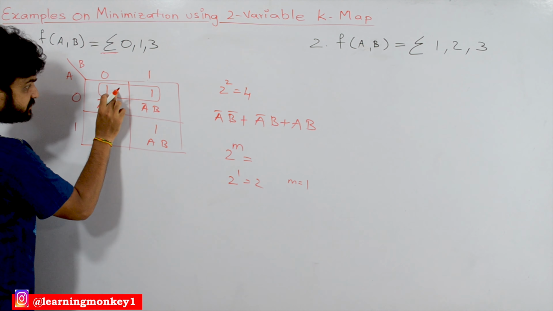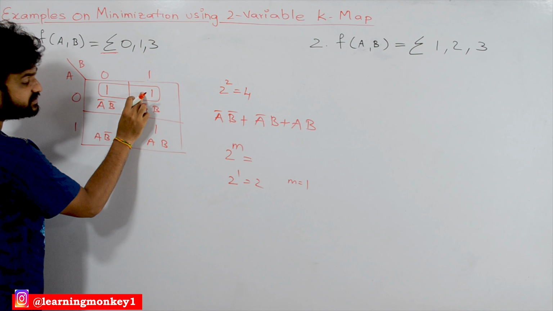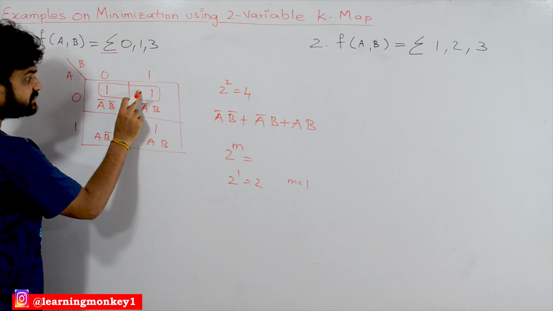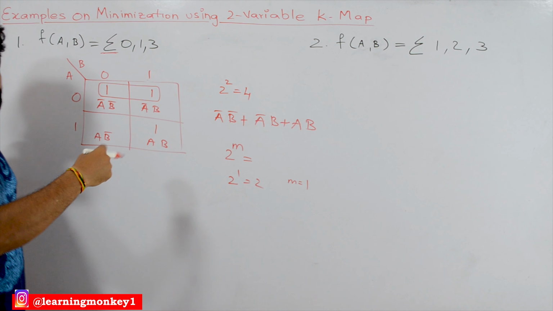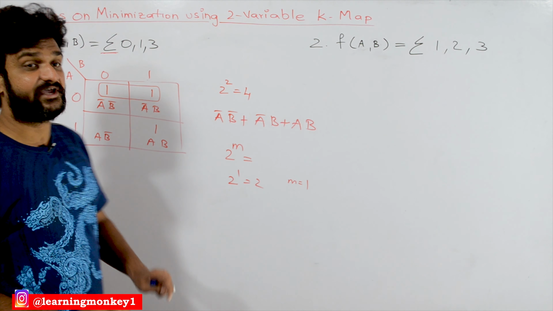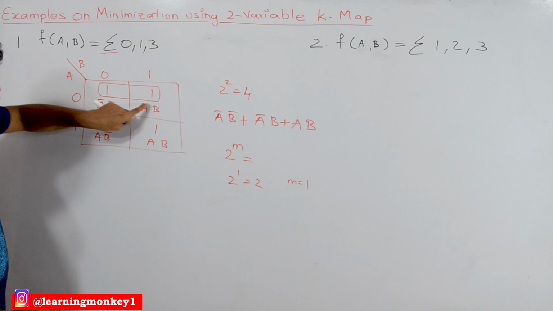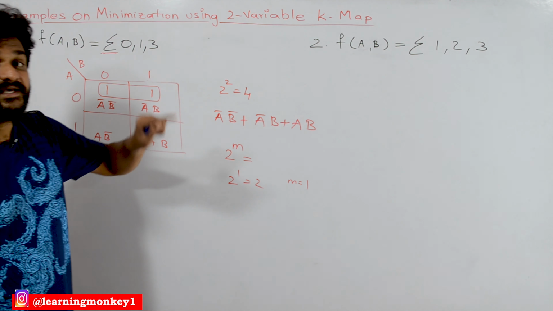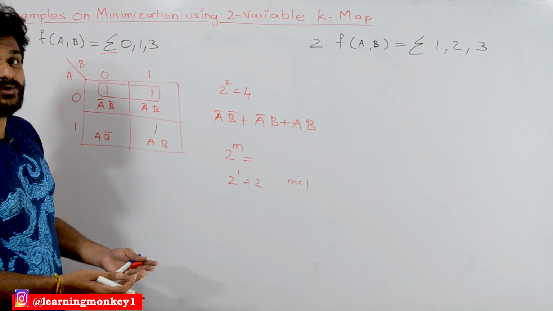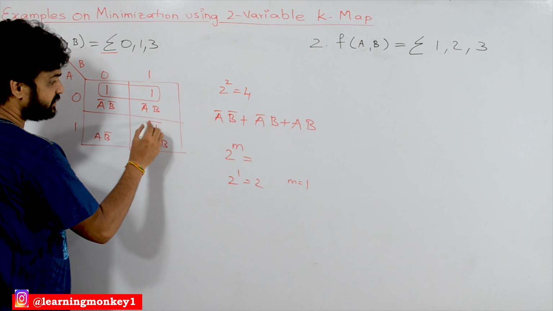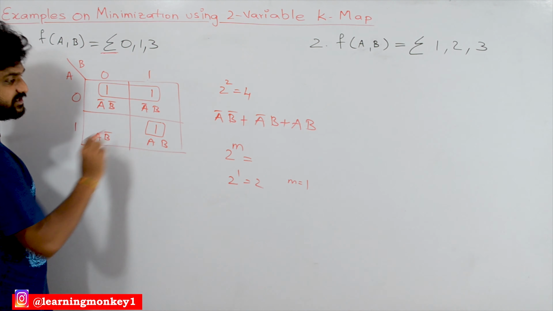So if you consider this cell is adjacent to this cell, one cell, and if you consider this cell is adjacent to one cell, all the properties of the subcube are satisfied. So the collection of these two cells is a subcube. And still, are any more subcubes possible? Can we consider only this one single cell as a subcube?